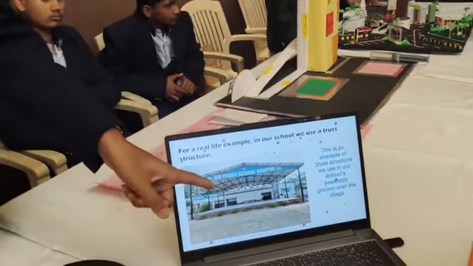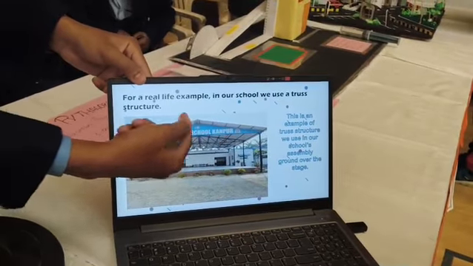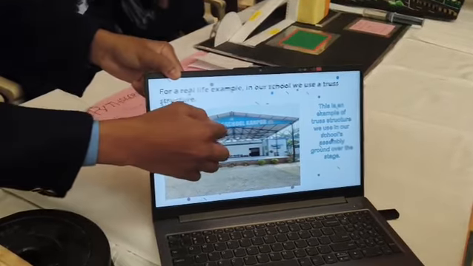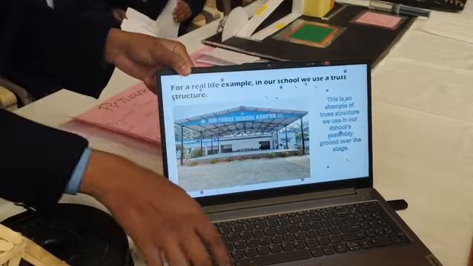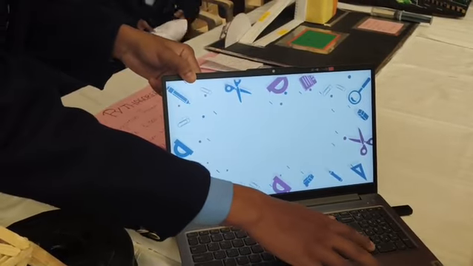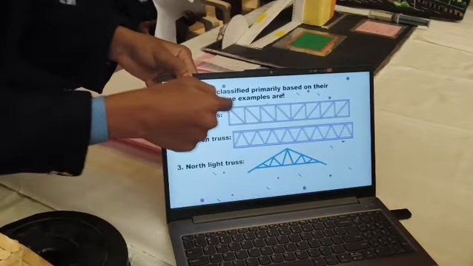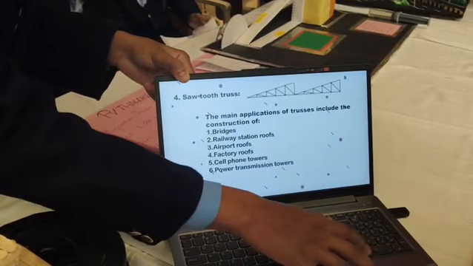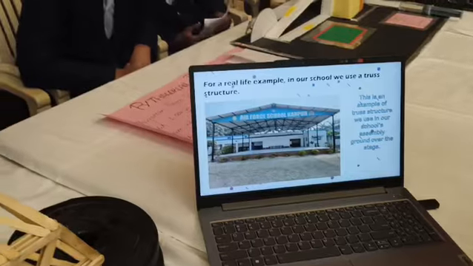In our school, we also use trusses. In our assembly ground, over the stage, we have placed a tin shed for the people who do the assembly. When a Pratt truss is reversed, like a Pratt truss goes like this, but in a Howe truss, it goes like this. And that is the one that we have used in our assembly ground. Now we will show you a live demonstration.